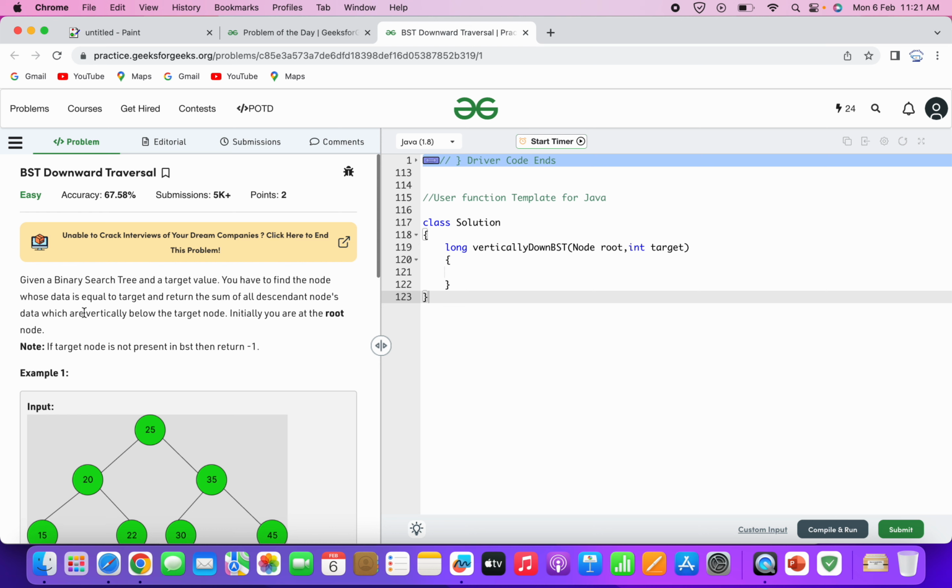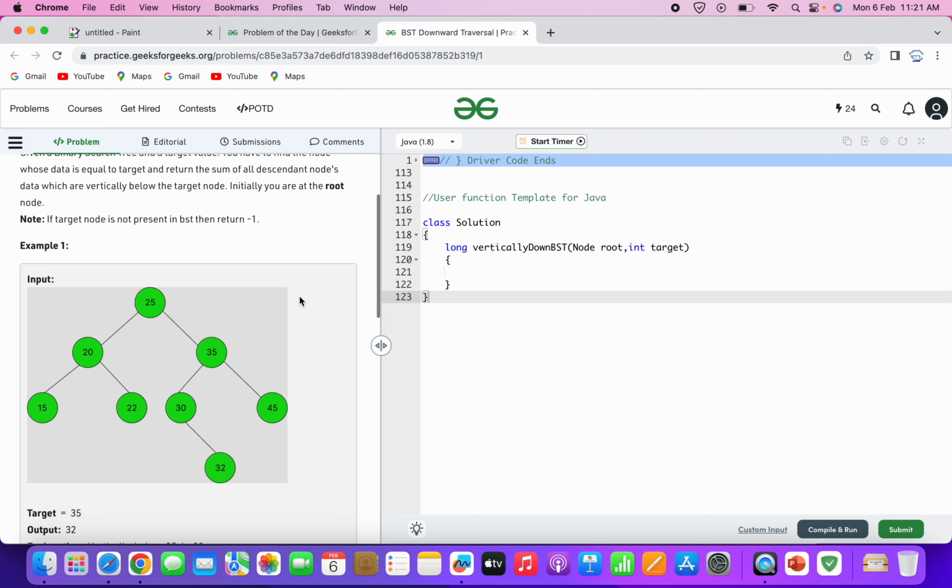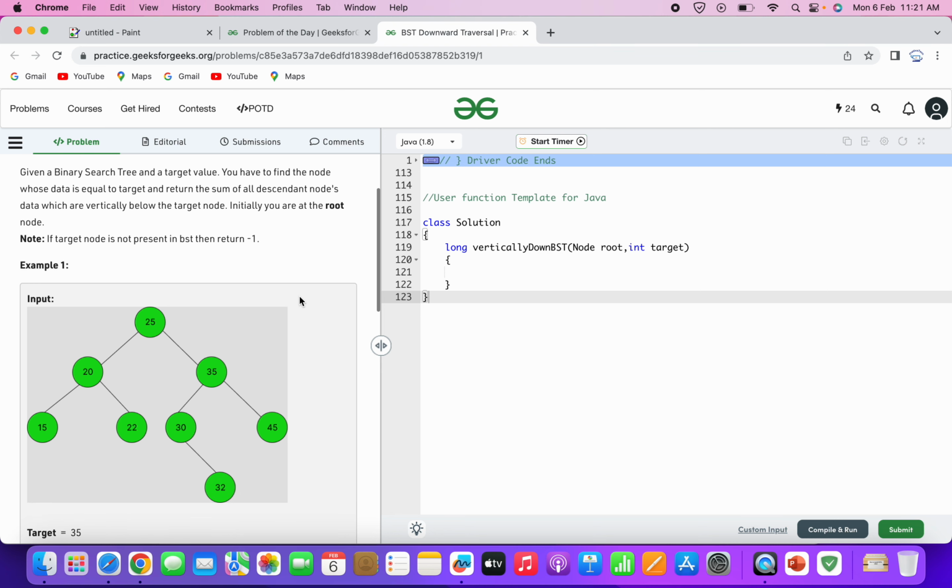The problem statement says, given a binary search tree and a target value, you have to find the node whose data is equal to the target and return the sum of all descendant nodes' data which are vertically below the target node. Initially, you are at the root node. It is given that if the target node is not present in the BST, then return -1. So here basically we need to find the sum of all the descendant nodes which are directly below the